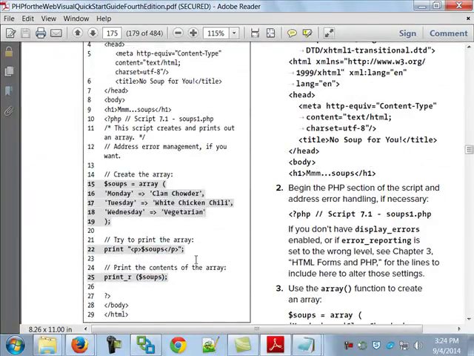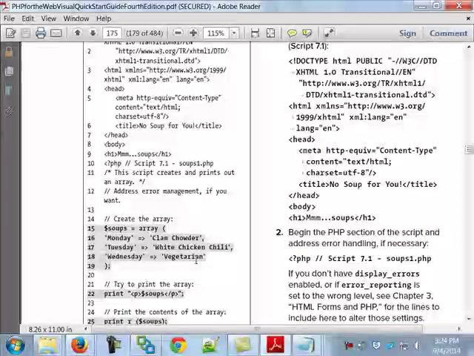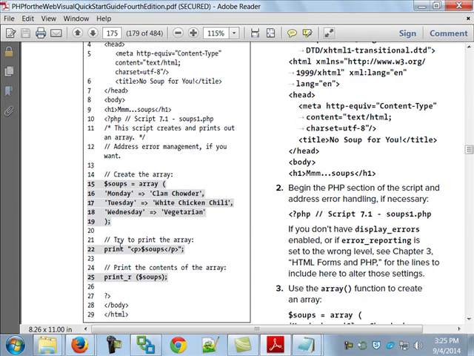All right. The example that he has in here is a little bit bizarre. It's like a restaurant, and they have different soups on different days of the week. So Monday, you can see the specials, clam chowder. Tuesday, it's white chicken chili. Wednesday, it's vegetarian, etc. So if you put this in, like they show you right here in lines 15, 16, and 17, if you put that in like that, without the line numbers, of course, and then you tell it to print,